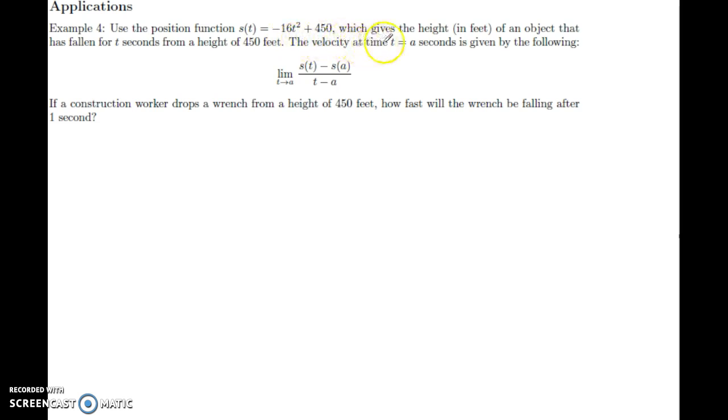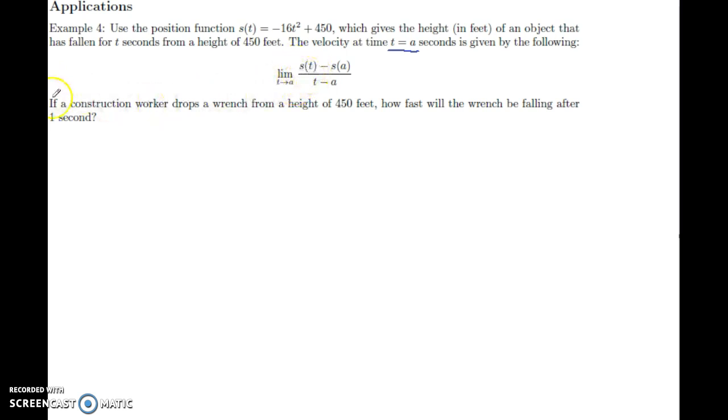The velocity at time t equals a seconds is given by the limit as t approaches a of s of t minus s of a, divided by t minus a. This limit is pretty much like distance divided by time gives you the speed, except we want the instantaneous